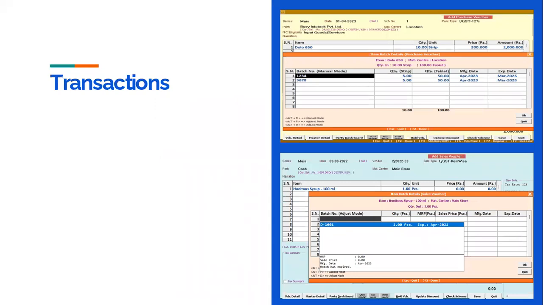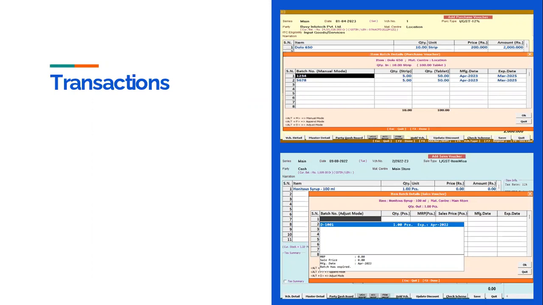Moving on to the next slide. This will be the transactions entry window. After we are done with our implementation settings, we will post the purchase voucher first, because we have to inward the stock. Then only the closing value will come into the software. After posting the purchase voucher, the software has enough stock, then we are able to do the retail